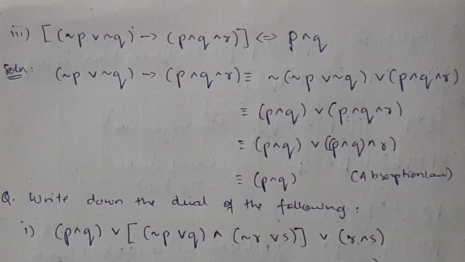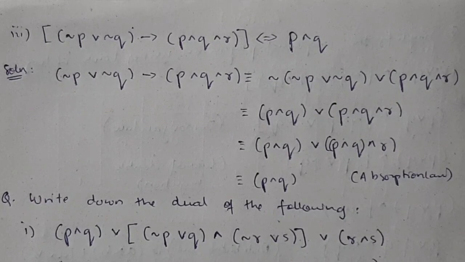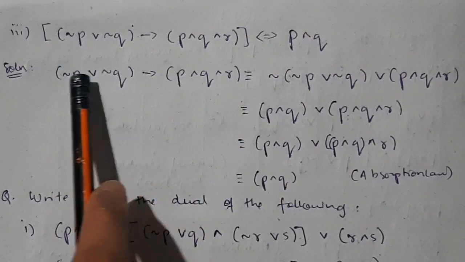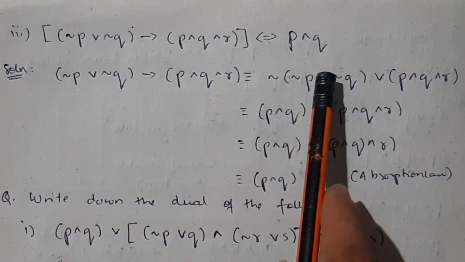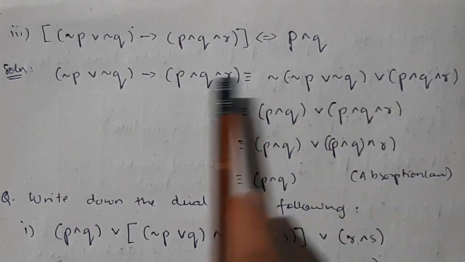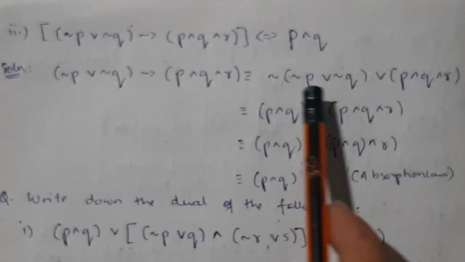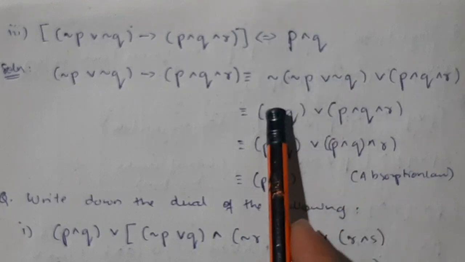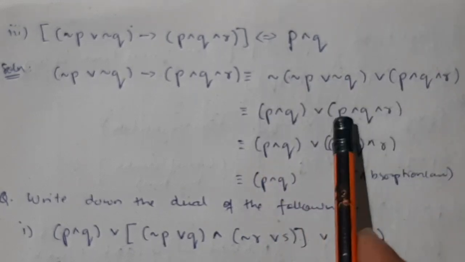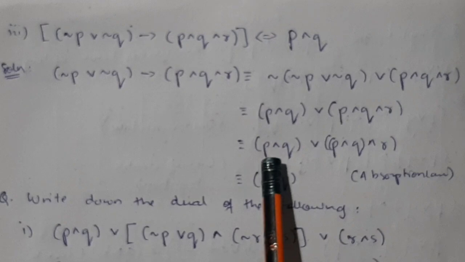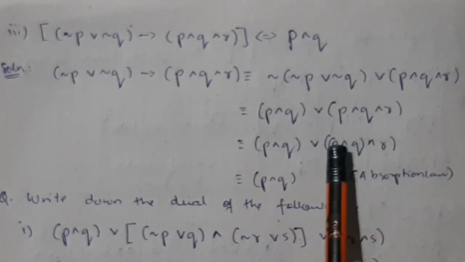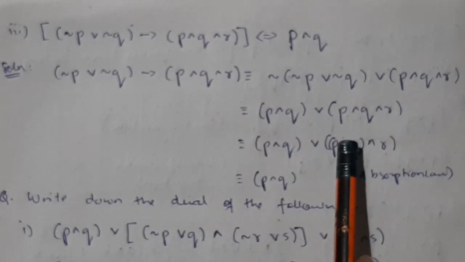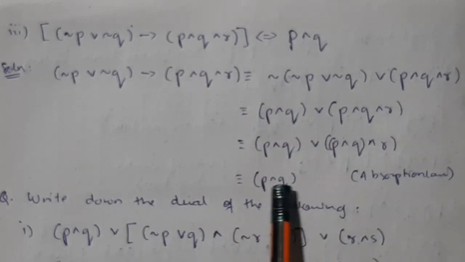If you have an idea by now of how to solve the laws of logic question, you can skip this part, or else you can watch. This is the question given, and in it you have a conditional. First change the conditional into the not and or form according to that equation, and after that use double negation and De Morgan's law, and you will end up with this. This is the same as here, and this is the same as here. Take p or (p and q) as common. Then this is of the form of the absorption law, and when you simplify and write, you will get this final answer.